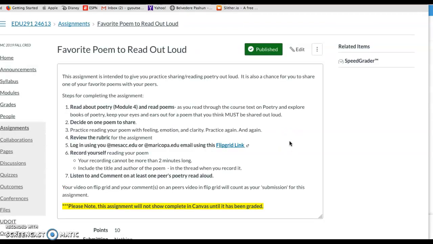Another thing is that this assignment is completed outside of Canvas, therefore it's going to show up that it is not completed. So in order to remedy this, I'm asking that you do make a comment within Canvas that says, "I have completed the Flipgrid," and then therefore it will show up that you have completed it. So just post in, "I have completed the grid," and then you don't have to see that irritating little notation that says you have not completed it. If you forget to do that, you will not be docked points or anything, but you will have it show up that it is not complete. So it's really for your own tracking purposes.